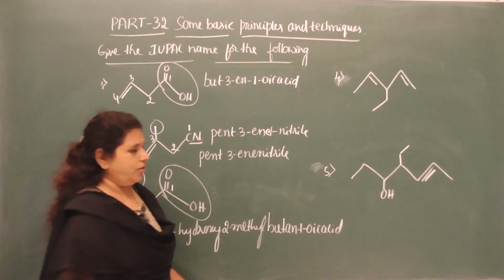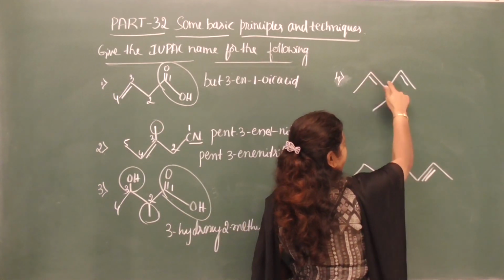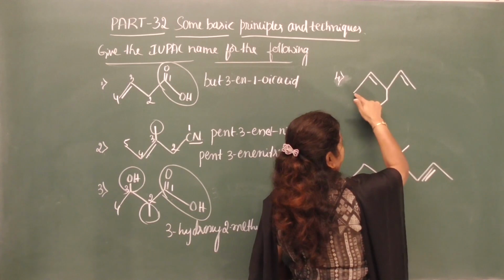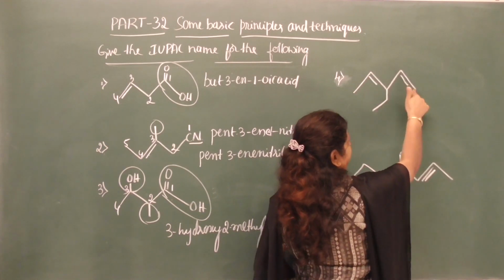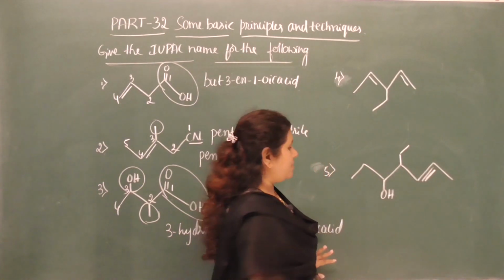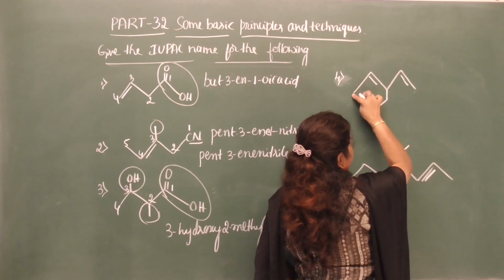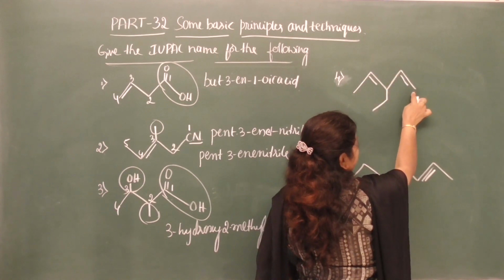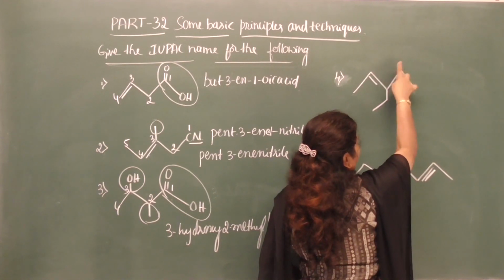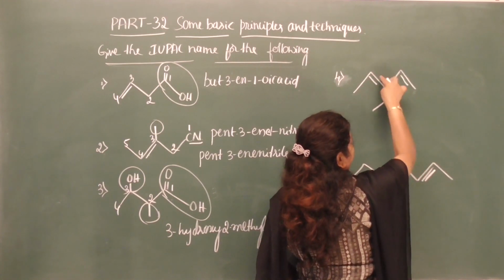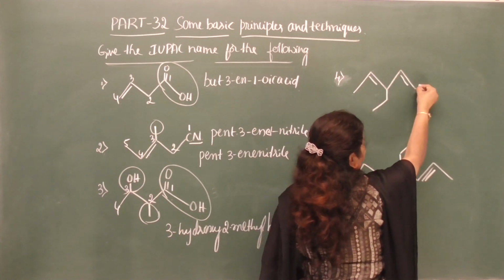So carrying 2 double bonds, and here is an ethyl group, but we cannot select this chain which contains 1, 2, 3, 4, 5. 1, 2, 3, 4, 5. Number of carbon atoms remains the same. So select this carbon chain and give the number from this end to this end or from this end to this end. Look at the sum of the locants. 1, 2, 3, 4. 2 plus 4, 6. 1, 2, 3, 4. So 1 plus 3, 4. So better you give the number from this end.